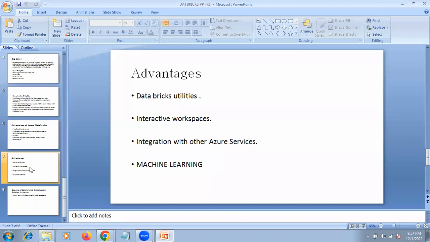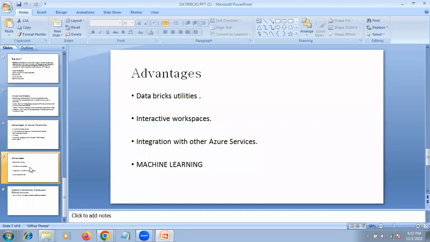Okay. Another thing is that this is a very interactive workspace. If you have ever seen it, when you open Databricks, you can create usernames, and under those you create notebooks. Those are very interactive. You can write your code chunk by chunk in different cells.